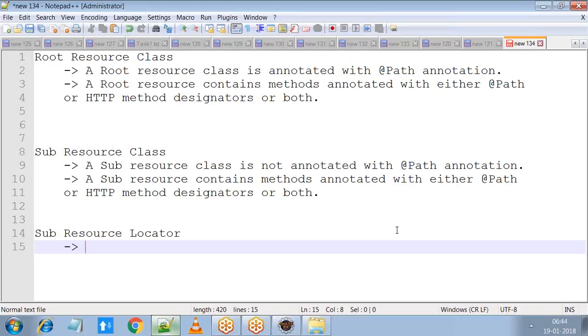So what is the sub-resource locator here? Sub-resource locator, I can say that is also a root resource class. It's a root resource class itself,